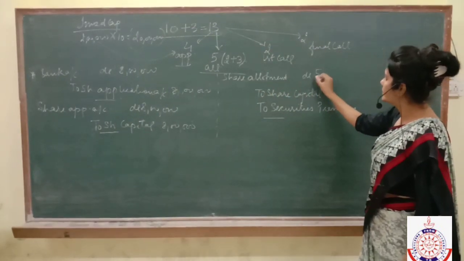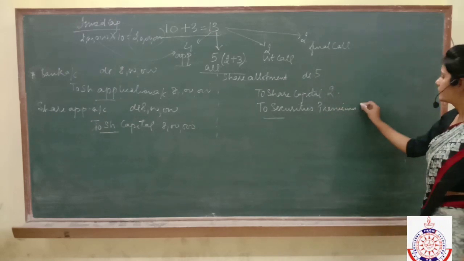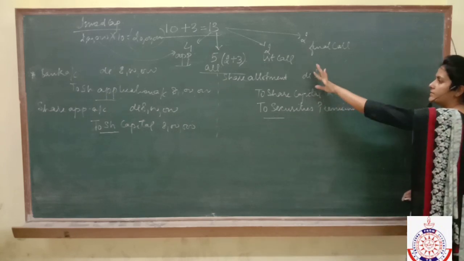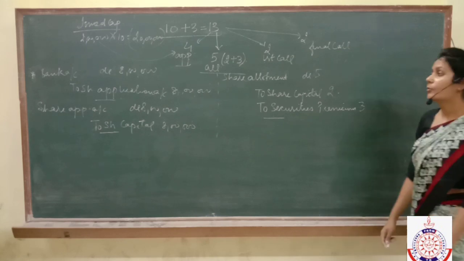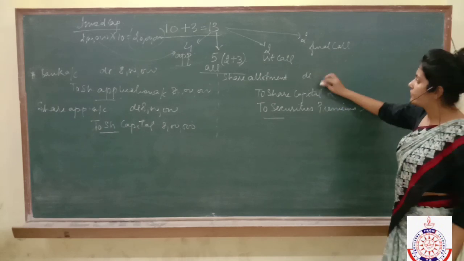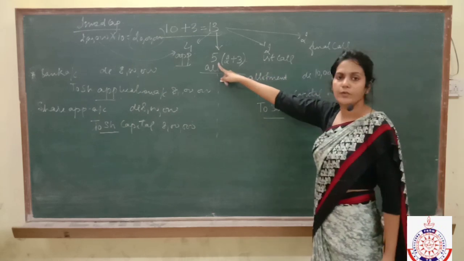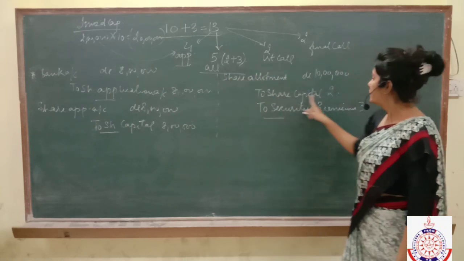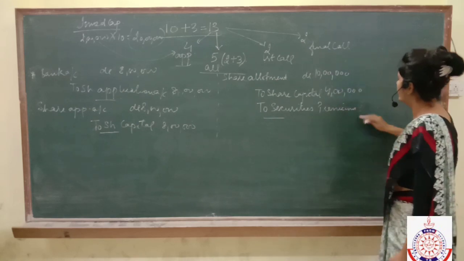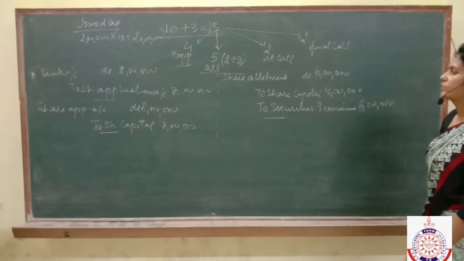Total allotment was of ₹5, in which ₹2 is the actual amount of allotment and ₹3 is the securities premium. So you can see credit side is equal to debit side. Now how many shares did the public apply for? The public applied for 2 lakh shares. So 2 lakh into 5, here it would be 10 lakh. What is the amount of actual allotment? ₹2. So 2 lakh into 2, 4 lakh. And 2 lakh into 3, 6 lakh will be the amount of securities premium or securities premium reserve.